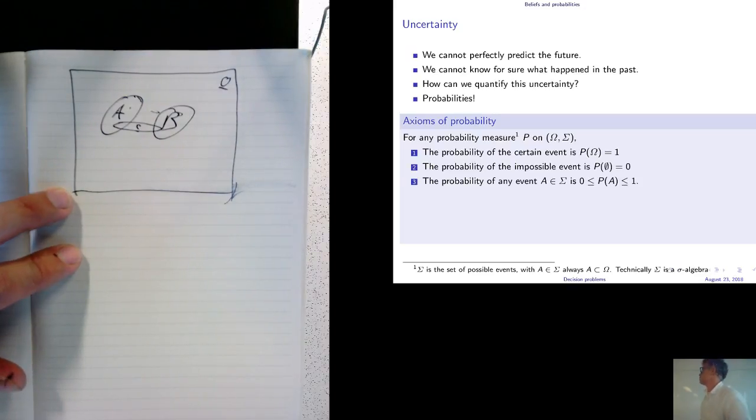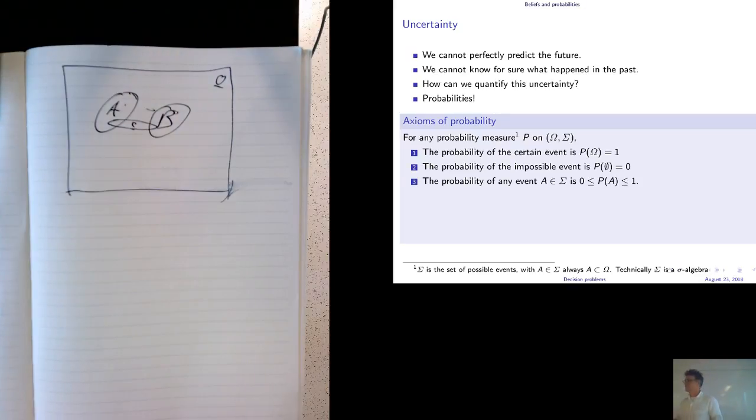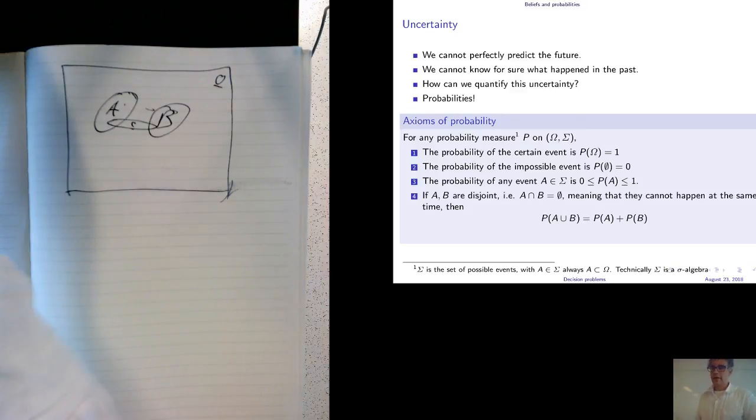So there are a couple of axioms here, and the first is that there's a certain event. So we know that if there's an event, it will happen in this omega, and every other event is a subset of this omega, like the circles, and the probabilities have to be between 0 and 1. That's fine. And there's one other axiom which is very simple if you think about it just as areas of